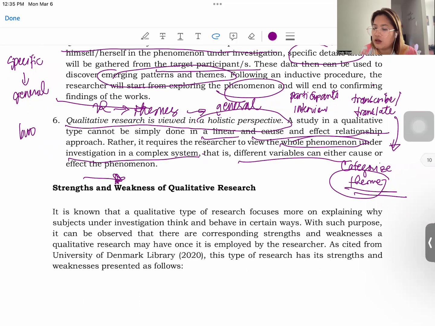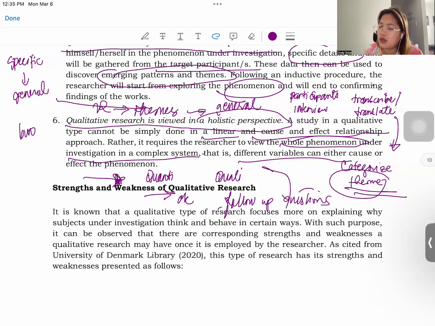Okay? So, for qualitative research, siguro the best way to consider this one is kahit kapag nagdi-data gathering ka, for quantitative, pagkabigay mo dun sa questionnaire, sinagutan na nila, we're okay na. But for qualitative, you are in the process of data gathering and you could even have follow-up questions, okay? Lalo na kapag sa mga semi-structured interviews, okay? Pwede mo siyang ibalik dun sa